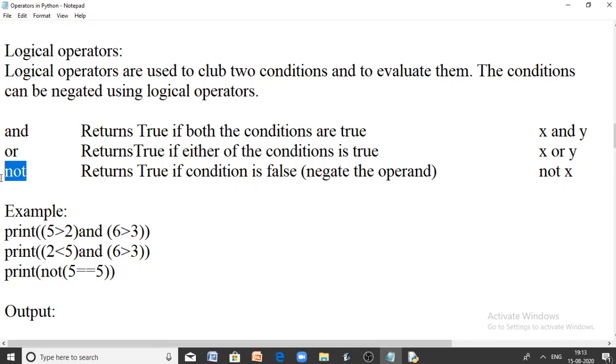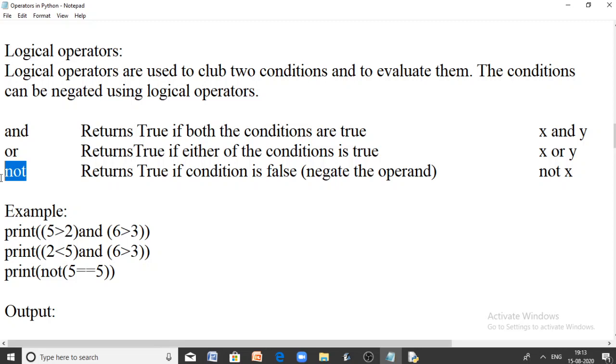How does and work? If both inputs of and are true, then it will return true. If any one is false, the result is false. But in or, if any one of the inputs is true, the result is true. Either the first condition is true or the second condition is true, then the whole condition evaluates to true.